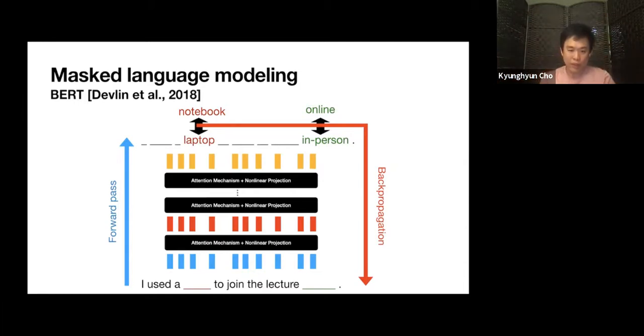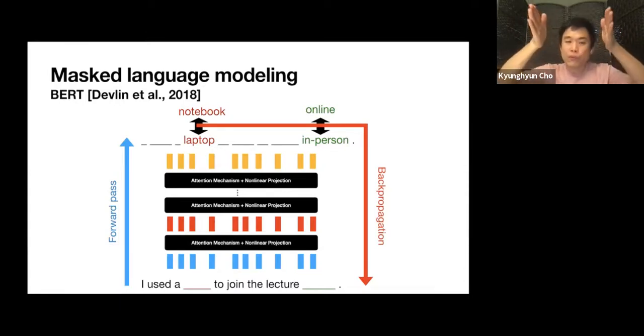In this example on the slide, the original text is "I used a notebook to join the lecture online." Before we give this sentence to BERT, we randomly leave out notebook and online and give "I use a mask to join the lecture mask period" to BERT. BERT extracts the contextualized word vectors, and then from the fourth and the second-to-last word vectors, it will try to predict